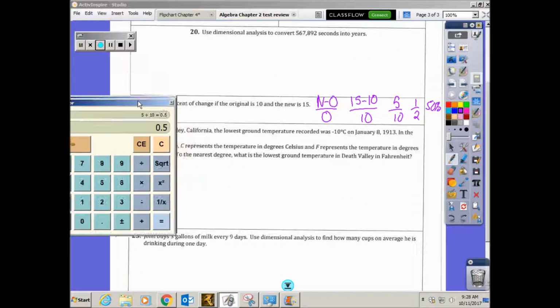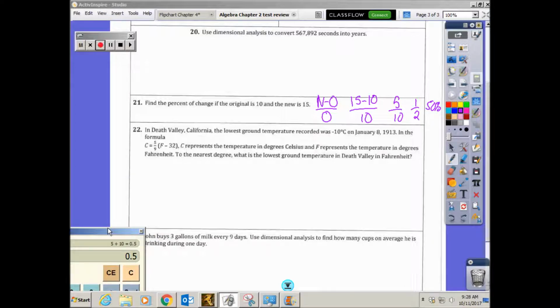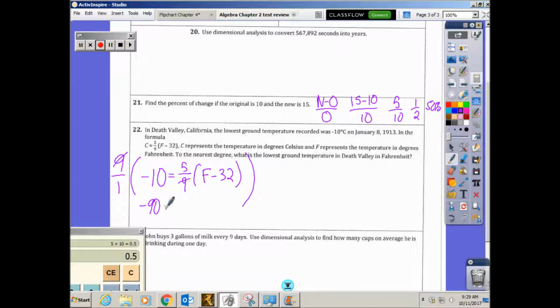The next problem is in Death Valley, California. The lowest ground temperature recorded was -10 degrees Celsius. This is the formula for converting. You don't even have to figure out the formula. All you're doing is plugging in the -10 for Celsius, okay? So you can clear the fraction. Since this is going to be multiplied by 5/9, you can multiply everything by 9/1. 9 times -10 is -90. Okay? These are going to cancel out, and you're going to get